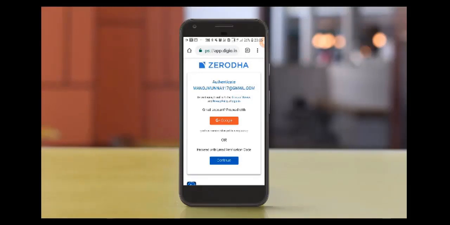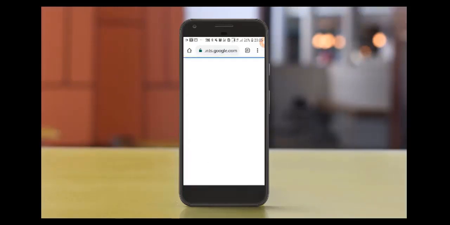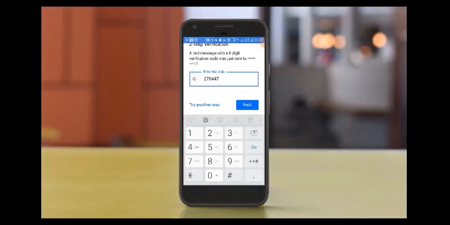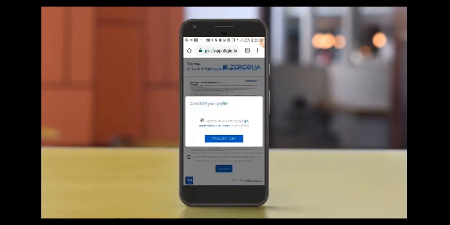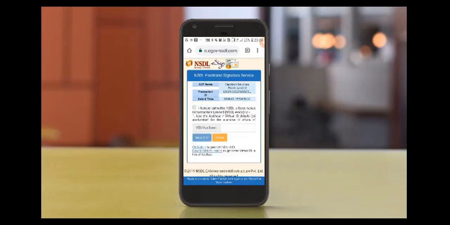Last step, you can verify your account using Gmail. You can also do it with another email if you have one. We're going to use Gmail. Now I'm verifying my email ID using a code sent by Google. Now you don't need to do anything, just keep the phone as it is. It will redirect to the page, and you can see that. Click to agree to the KYC login. Just proceed to sign in.